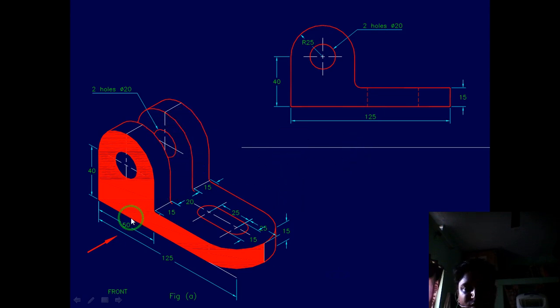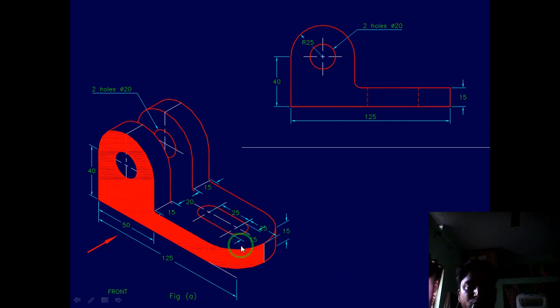Inside this rectangular web of 50 mm length, you have 20 holes, shown as hidden lines. This is what you have to draw completely and clearly. Now, if you remove the shade to understand the dimensions, the width is 15 and the length is 25. See, 15 and 25, that you are supposed to analyze from the main figure.